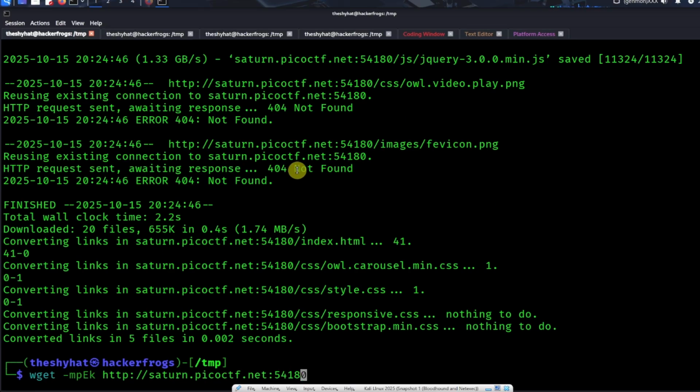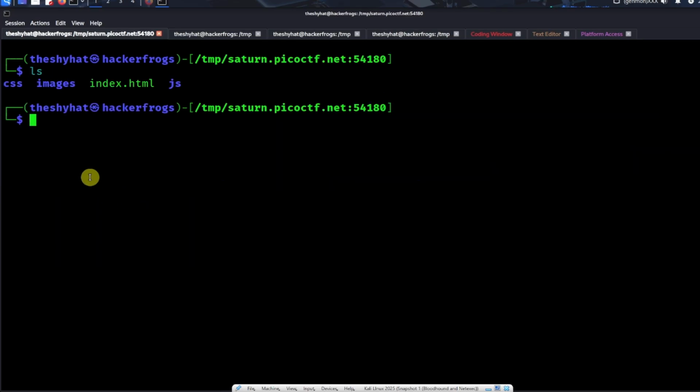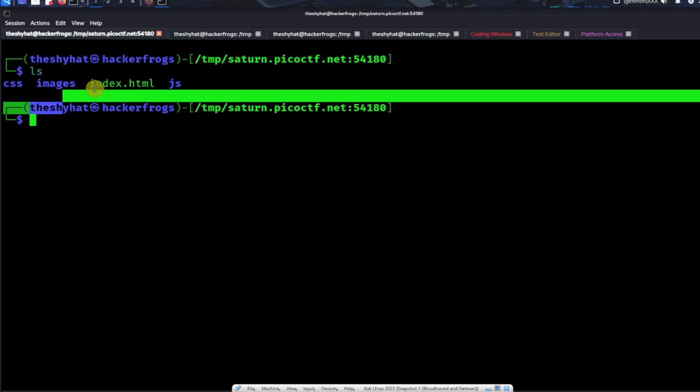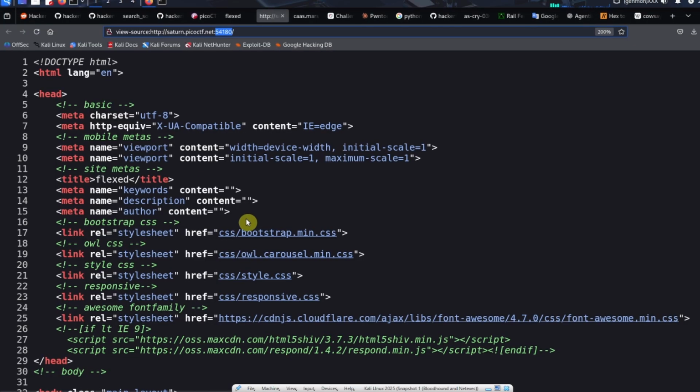Okay, so after we've run the command, we're going to see that there's a new directory that's been created with the website name. So in this case, it's this. We can just enter that directory, and we see that they've created all the directories according to what was on the website. There's a JS directory, an images directory, a CSS directory, and index.html. So what we're going to do now is